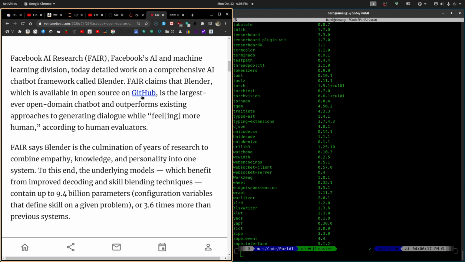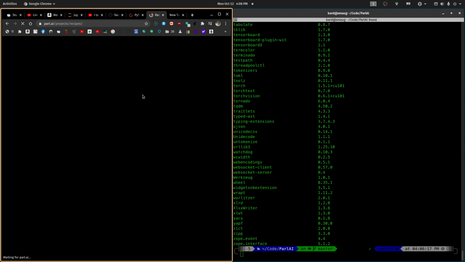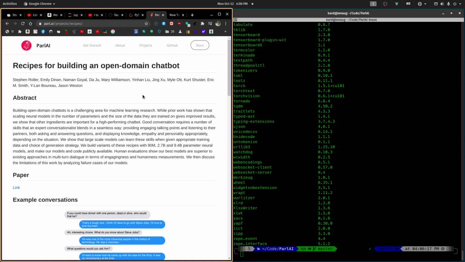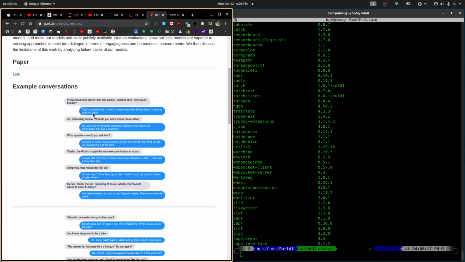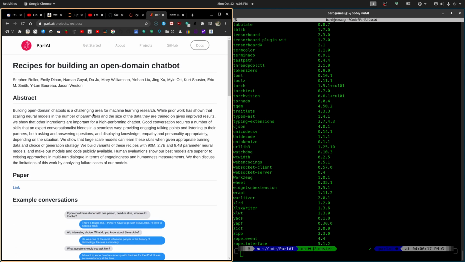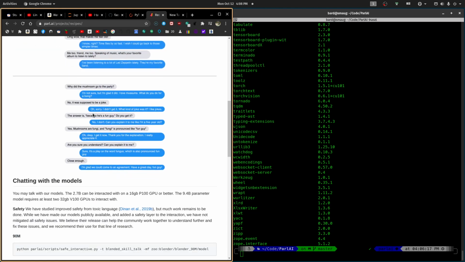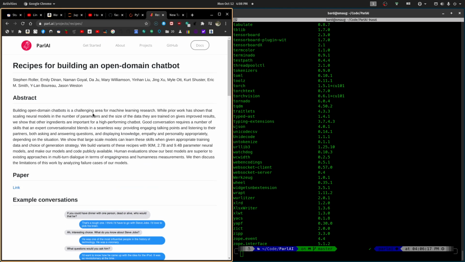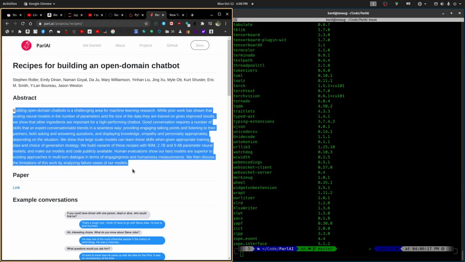Because this link takes us where we want to go, which is the paper from ParlAI. And this is very interesting. You should read this paper, or at least the abstract here. Let me just run that through quickly.